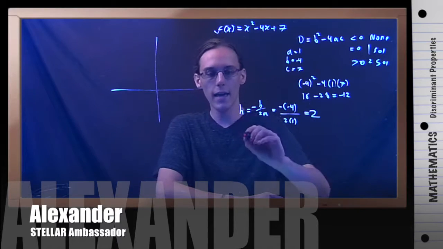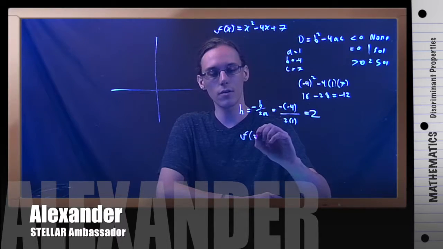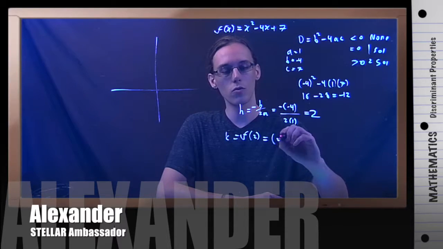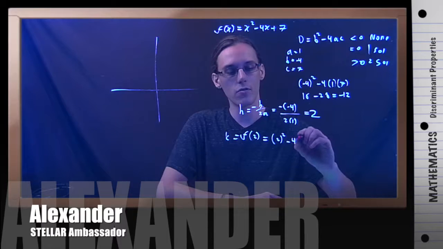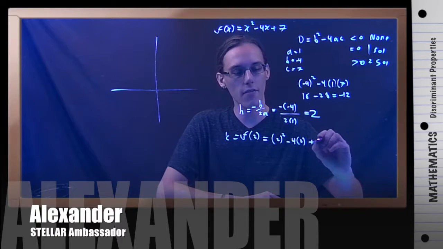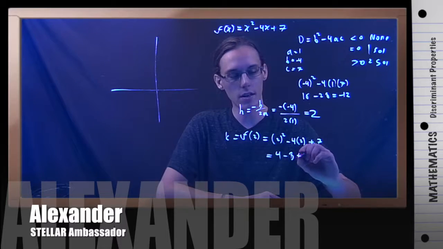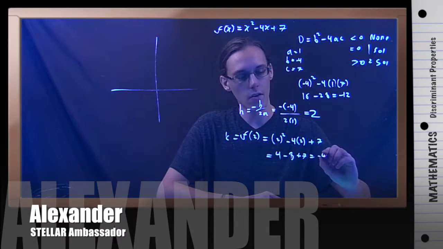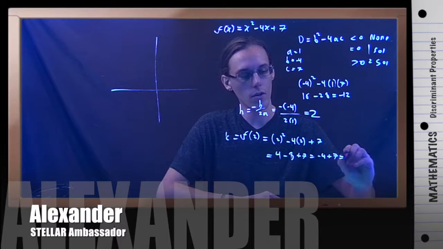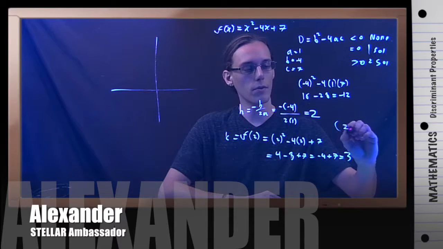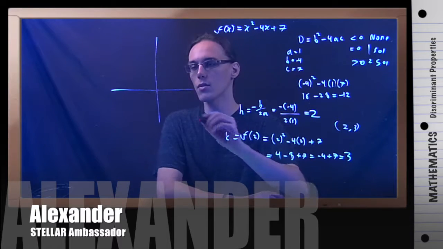And then to get my k, I'm simply going to plug that into the function. So I'm going to have 2 squared minus 4 times 2 plus 7. And so that's 4 minus 8 plus 7. -4 plus 7, which is 3. So my vertex is (2, 3). And I'll go ahead and plot that